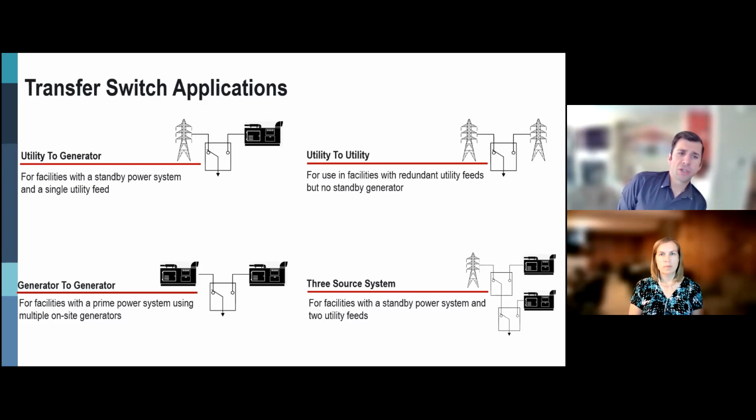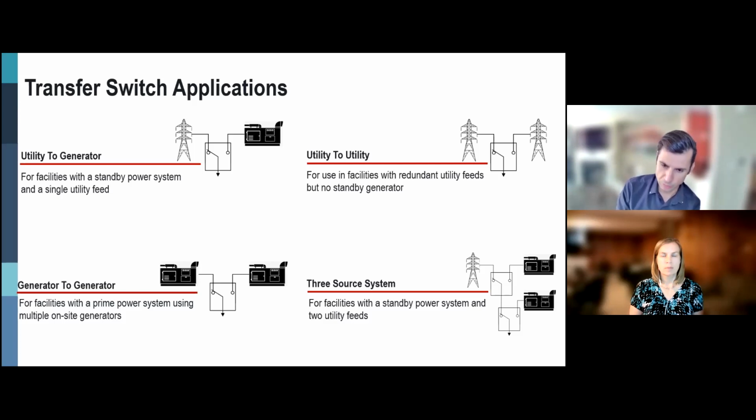Transfer switch applications: utility to generator, obviously the most common application. You can have a prime power application, so you could have 2 generators, and then the transfer switch will automatically switch between the 2 sources. You can have a transfer switch that's utility to utility, and then a 3-source system. And for the 3-source system, you do need